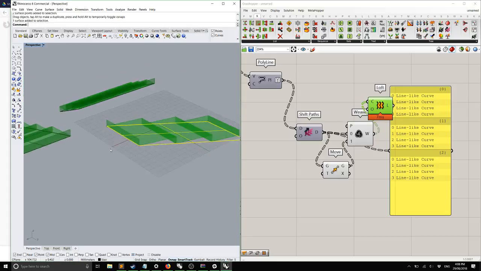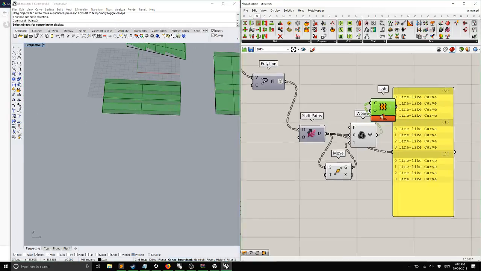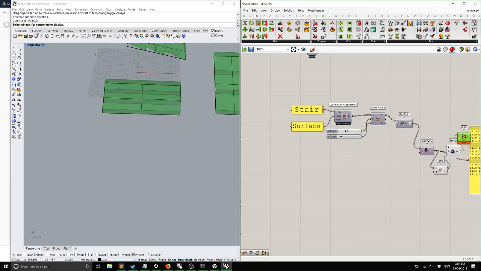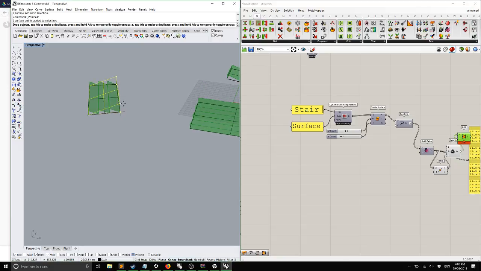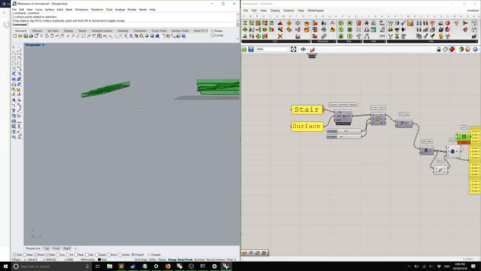So we have the benefit now of the fact that we've got a geometry pipeline. So if I wanted to say make a stair over here, I've got a stair. Okay, so we good? This is probably the most simple I can explain this. Okay, so